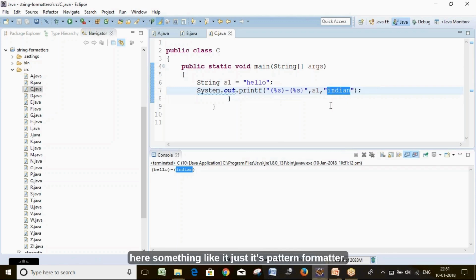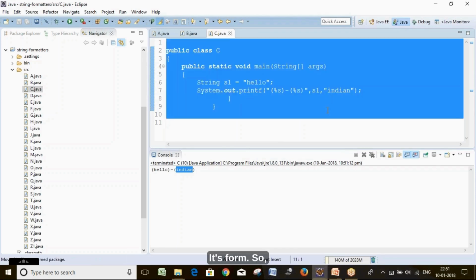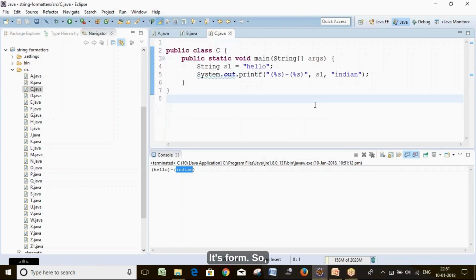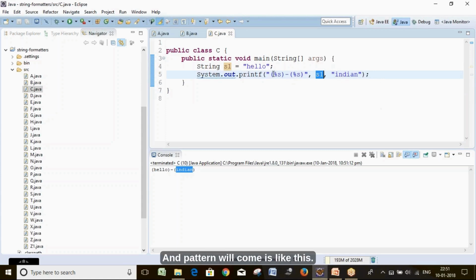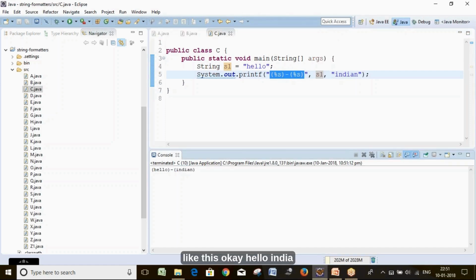It is a pattern formatter. One %s will print this, another %s will print that, and the pattern will come like this: Hello India.